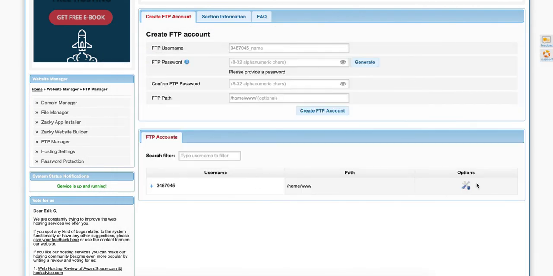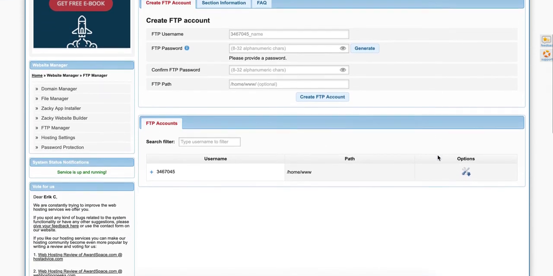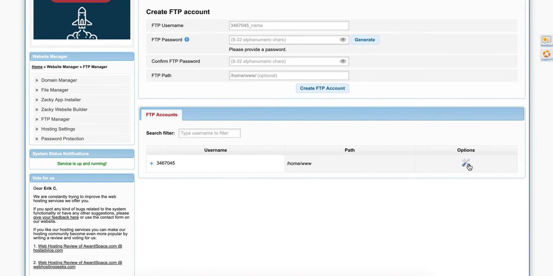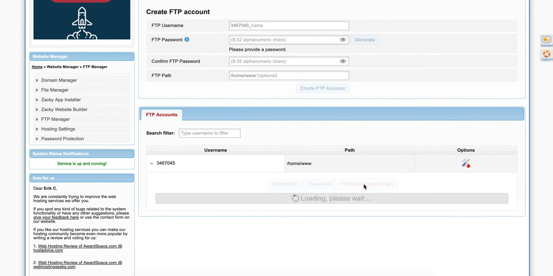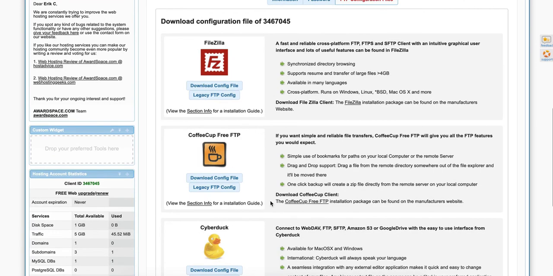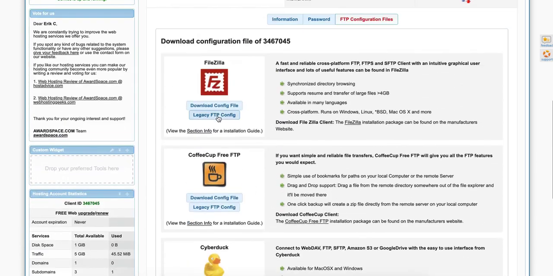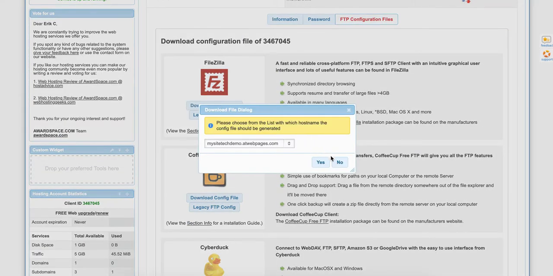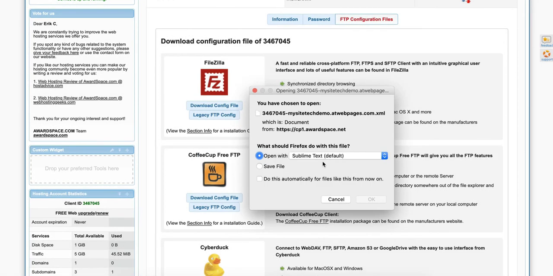So in order to get the settings to connect, the nice thing about AwardSpace is that you can click on options, and then you can click on FTP configuration files. Here it will automatically give you the configuration files for the program you're using. So all you have to do is download the config file, select the website that you're working with, and save it,